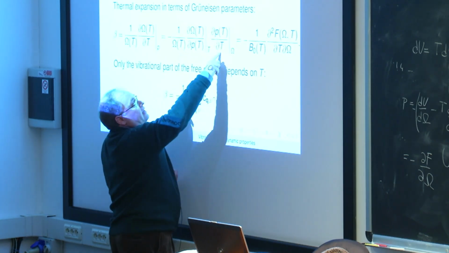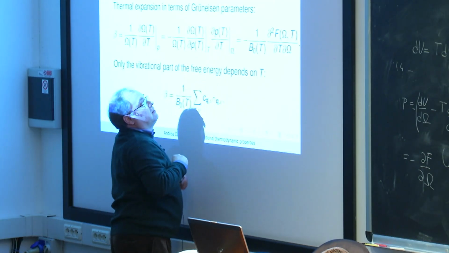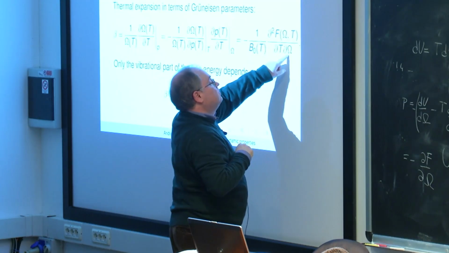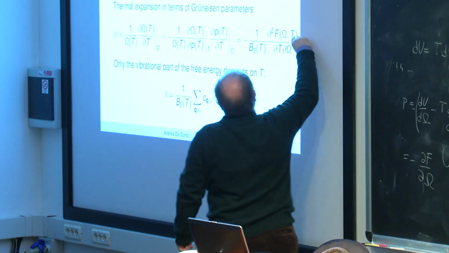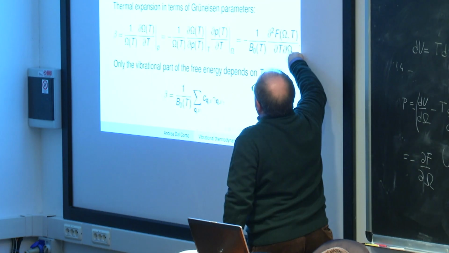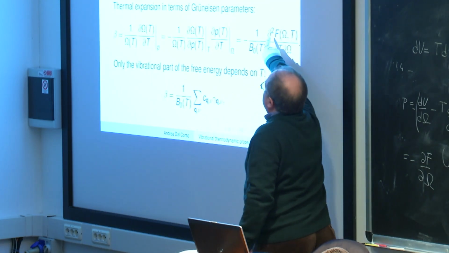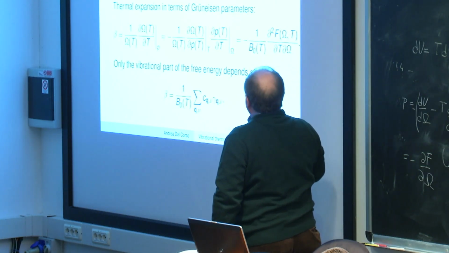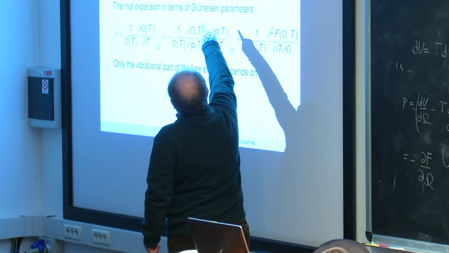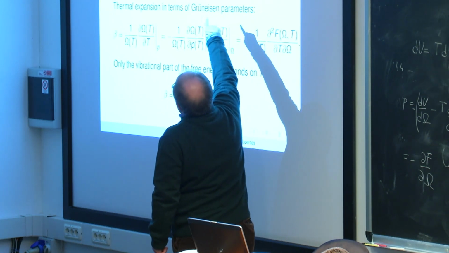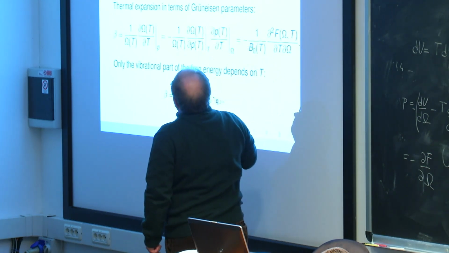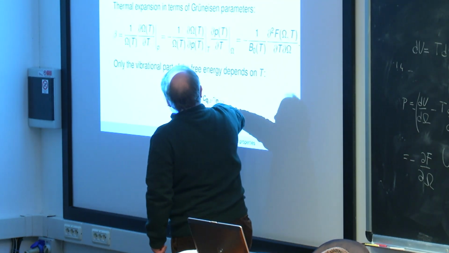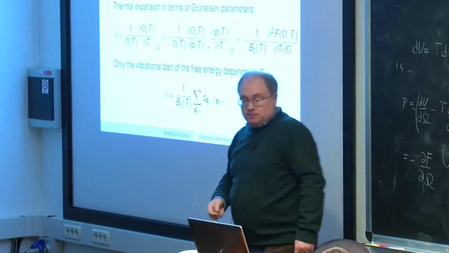Instead, the pressure as a function of temperature, well, basically the pressure was minus the derivative of the free energy with respect to the volume. And so we have to take the expression of the free energy that we have already written and make a second derivative with respect to temperature and volume. The result is this, that you will need to compute the derivative of the phonon frequency with respect to the volume. They are called the Grüneisen parameters. And from the Grüneisen parameter and another expression